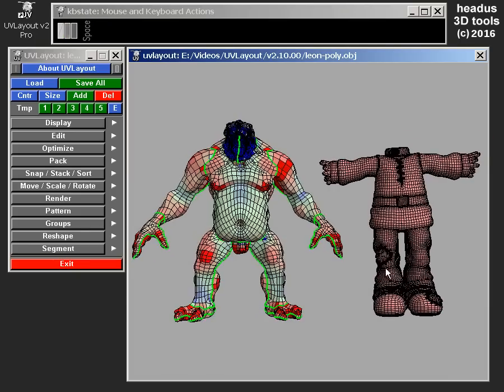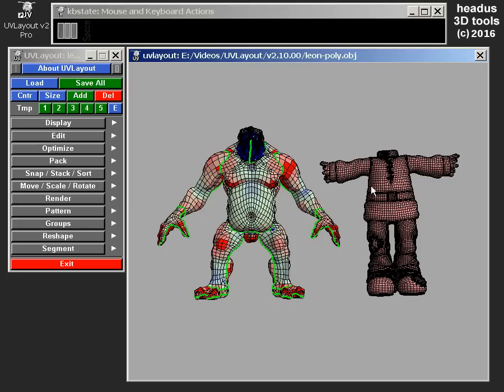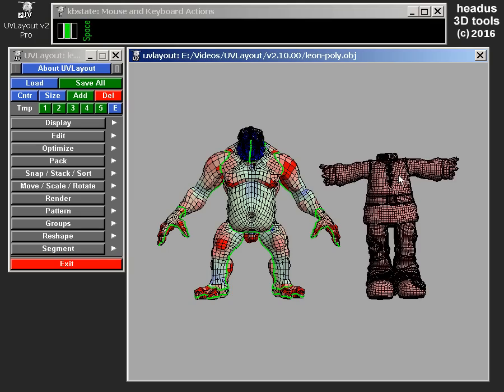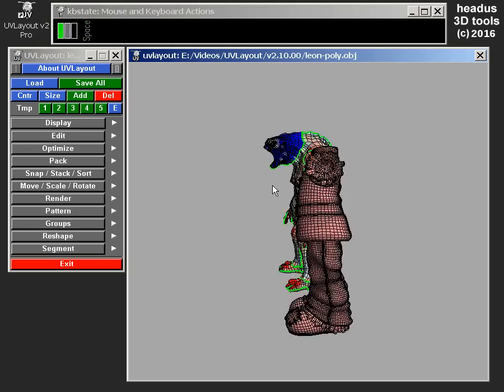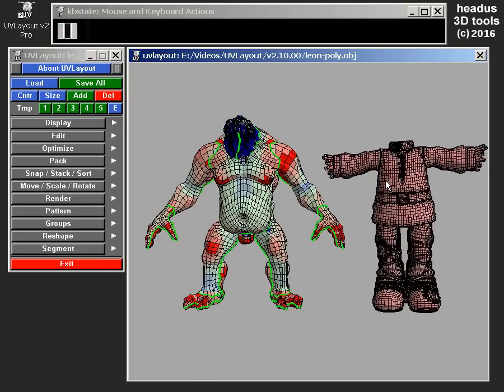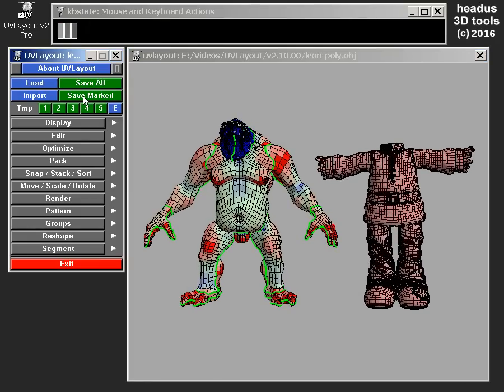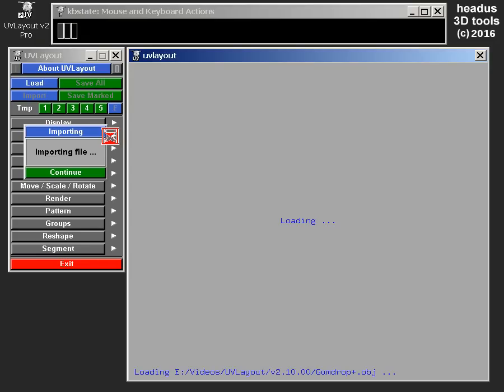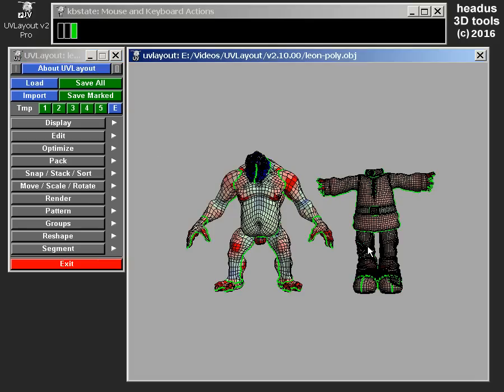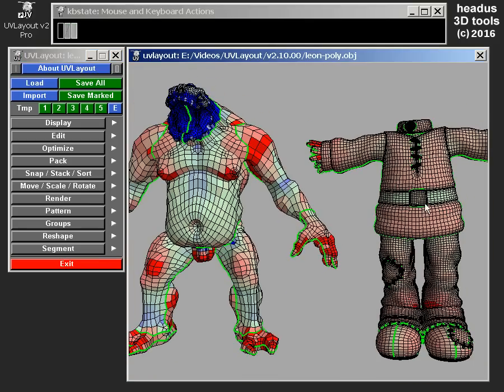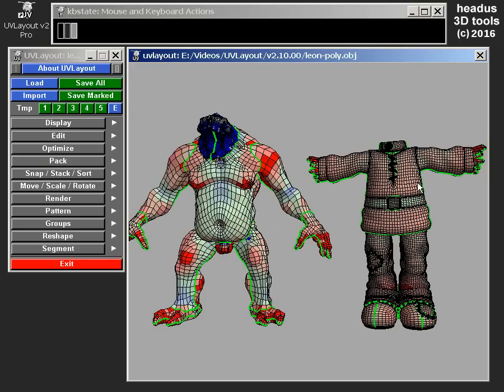Once you're happy with the position and size of the imported mesh, you click add here. What that does is bake that into the scene. At the moment this is just a temporary piece of mesh. It's not actually loaded the UVs of that mesh, so we've got to go add here. It will kill that window and reload everything with the two objects combined. So now we've got the original mesh, we've got the imported mesh, and all with UVs that we can copy between,